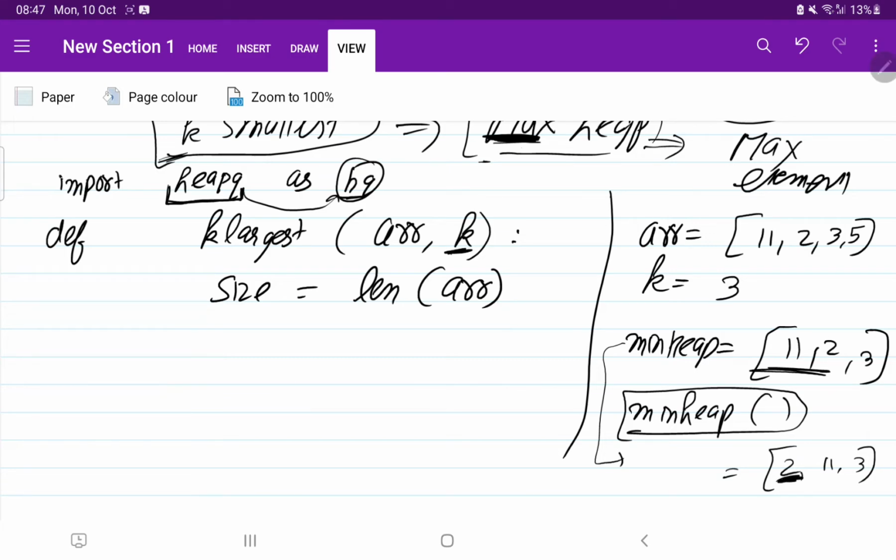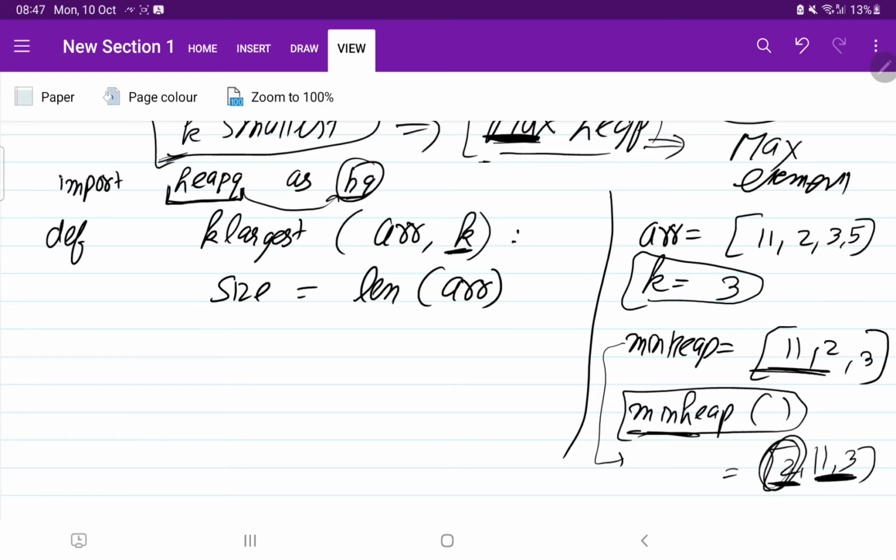So first of all, I am going to make a min heap and insert the k elements in the heap. So insertion is done, then I am going to call the min heap function. Then it will bring the minimum element at the top. For the rest of the elements, I don't know what is the order. It can come in 3 and 11, or it can also come in 11 and 3 order. But the min heap function will bring the minimum element at the top, and that is what we are going to require.